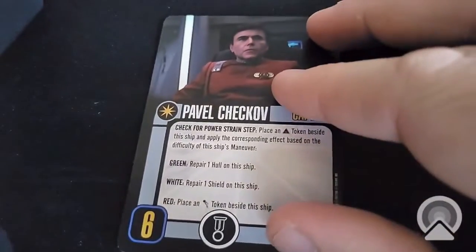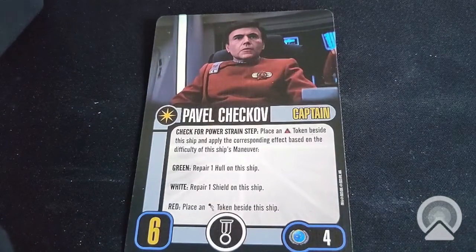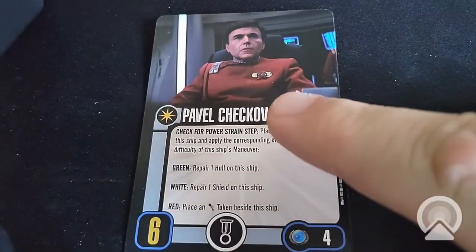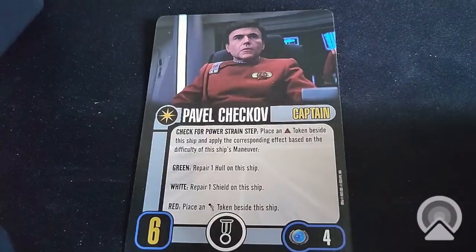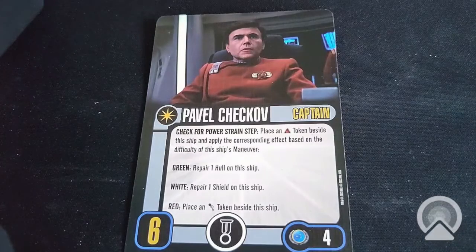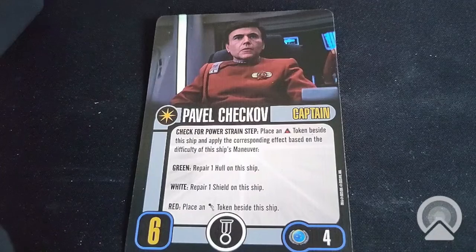Alright, so card number 31 in the pack is going to be Captain Pavel Chekhov. So place, and I do understand there is a typo here with the C. That's unfortunate that it got through, but it happens. Skill 6, elite talent, cost of 4. Check for power strain step. Place an aux power token beside the ship and apply the corresponding effect based on the difficulty of the ship's